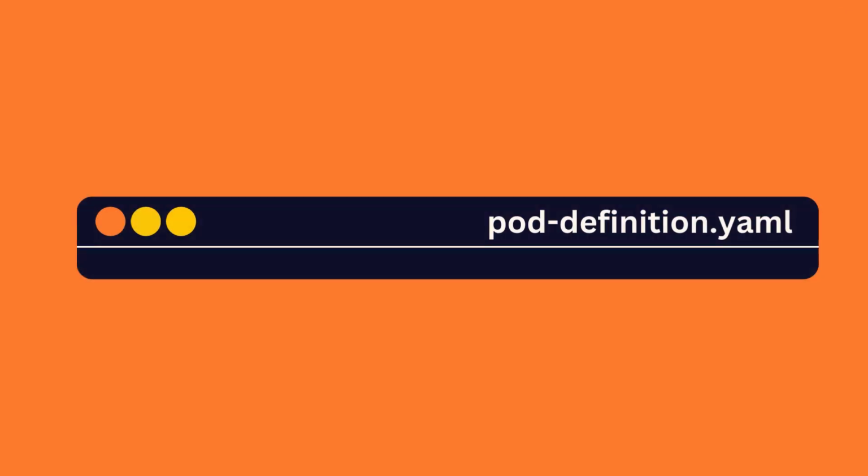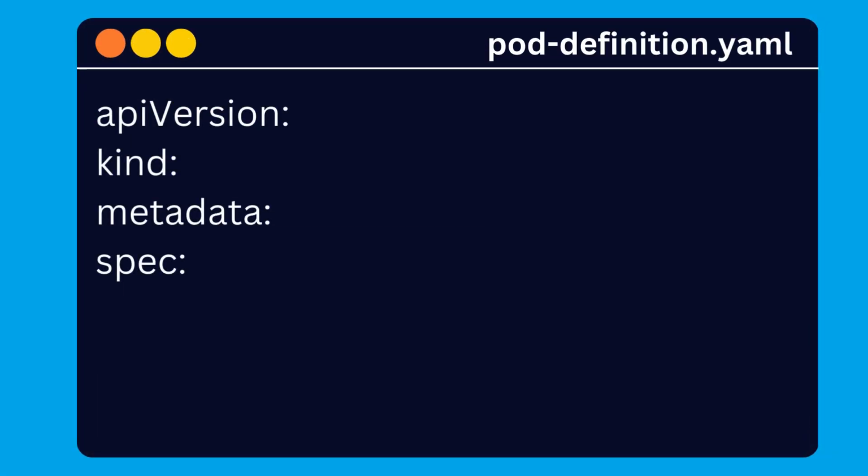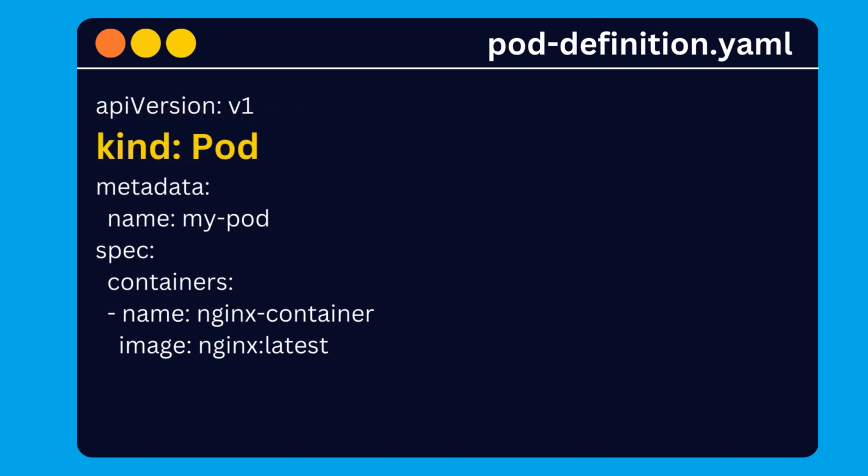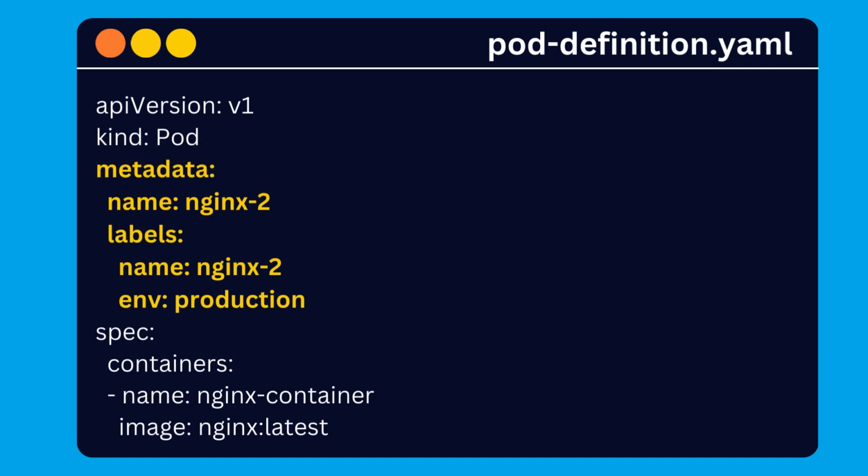Okay, now in the last video, we had created a pod using a YAML file. Let's take a look at an example YAML definition for a Kubernetes pod. Just like any other Kubernetes resource file, our pod definition will include API version, kind, metadata, and spec. For our pod, the API version is v1 and the kind is Pod. In the metadata, you will need to give your pod a name. This can be anything like nginx